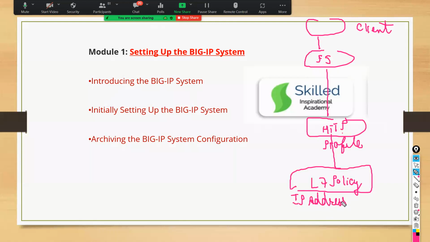Let's say, guys, I want to block clients coming from Bangladesh. How will F5 detect whether traffic is coming from Bangladesh or India? All of that comes under your layer 7 policies. We will see all these things in detail.